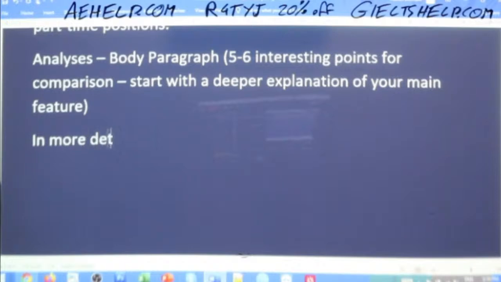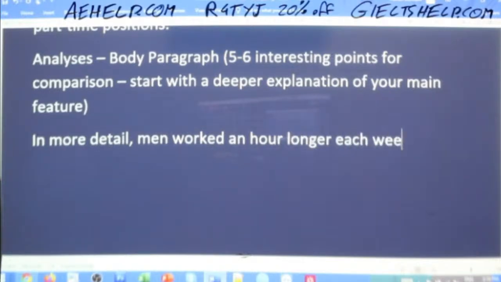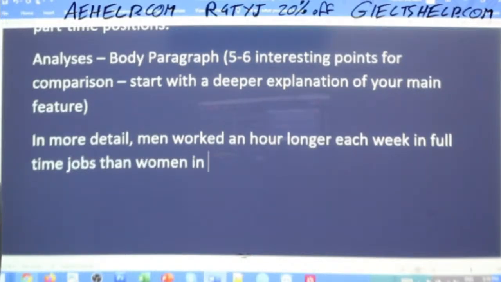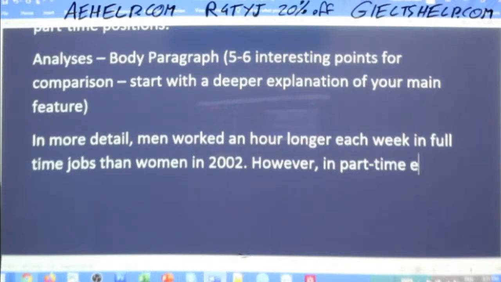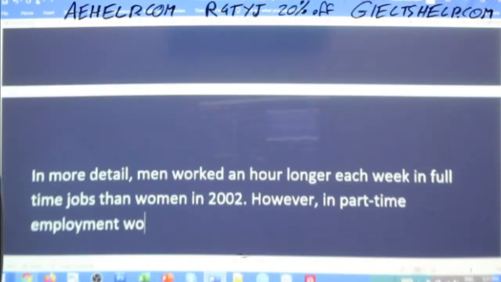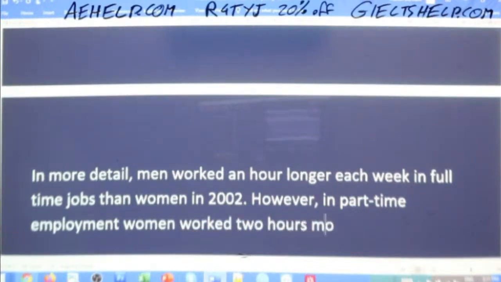So in more detail, men worked an hour longer each week in full-time jobs than women in 2002. However, in part-time employment, women worked 2 hours more than men on average.